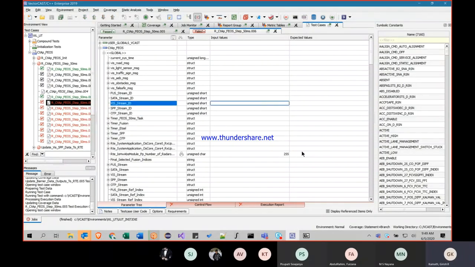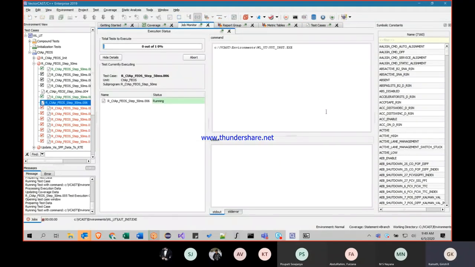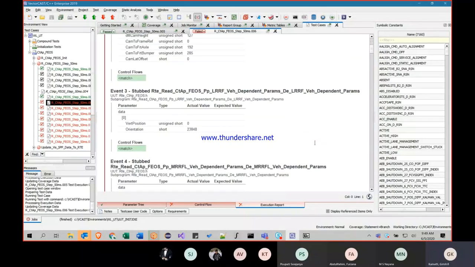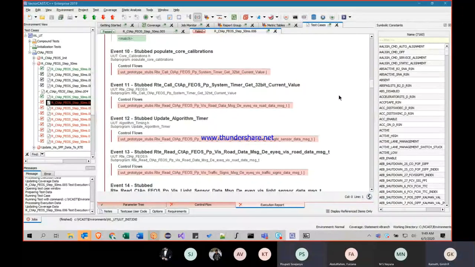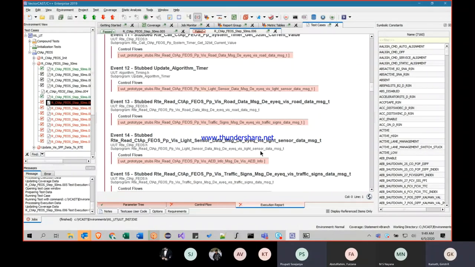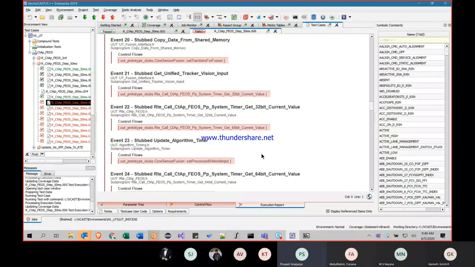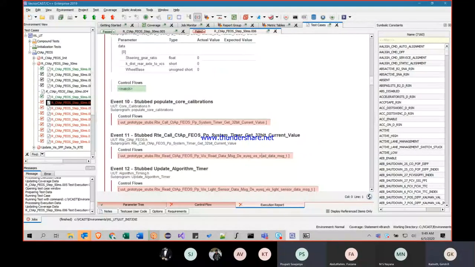But here I don't think... Okay, I'll just put... We have to give values for each one of them now. Actually, here you are getting UET underscore, right? Yeah. That means these all are the read ports. For the read ports,